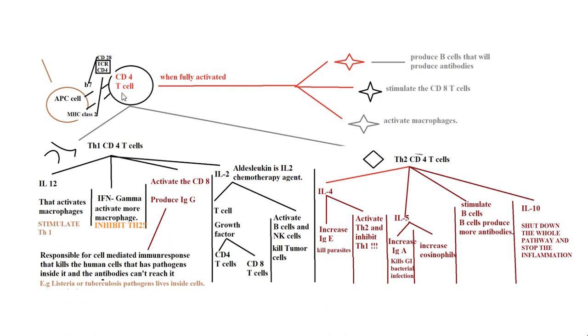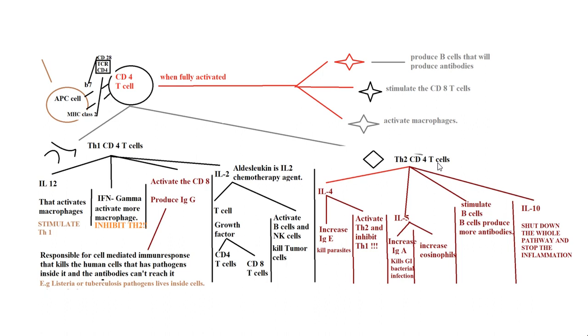The second type of CD4 T cells are the Th2 CD4 T cells. They also produce other cytokines: interleukin 4, interleukin 5, and interleukin 10, and they help activate B cells to produce more antibodies. You have to understand that we always need interleukin 4 because it has two main jobs. Number one, it increases the expression of IgE, which is well known to kill any parasite, but it also has the capacity to produce and activate